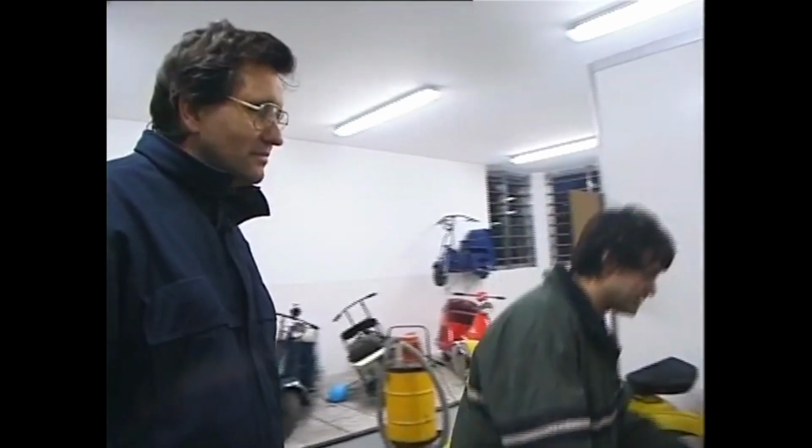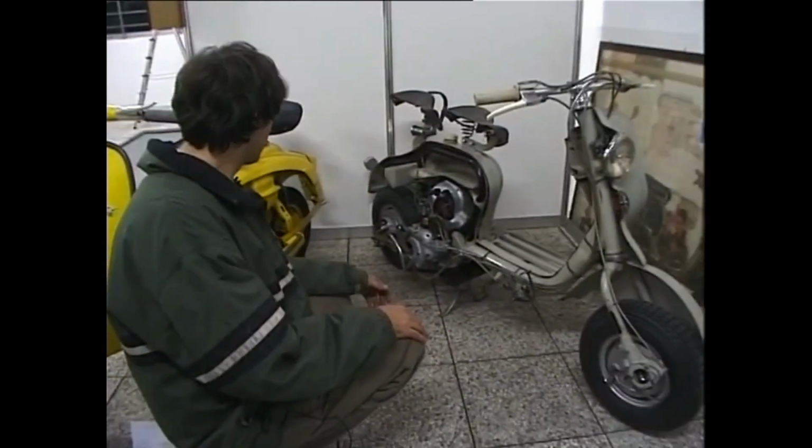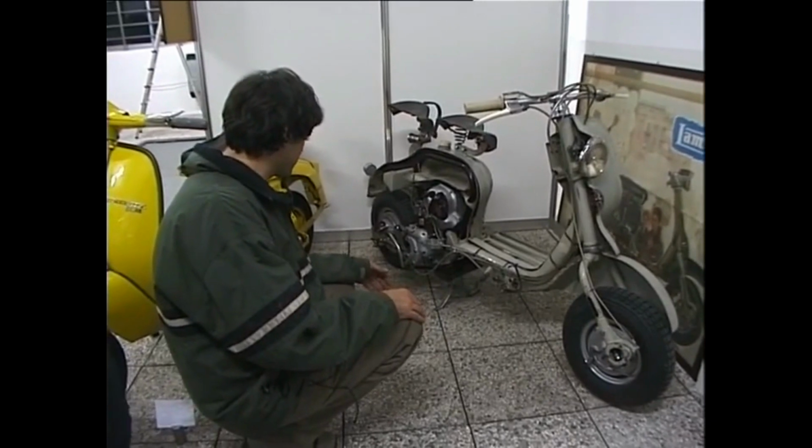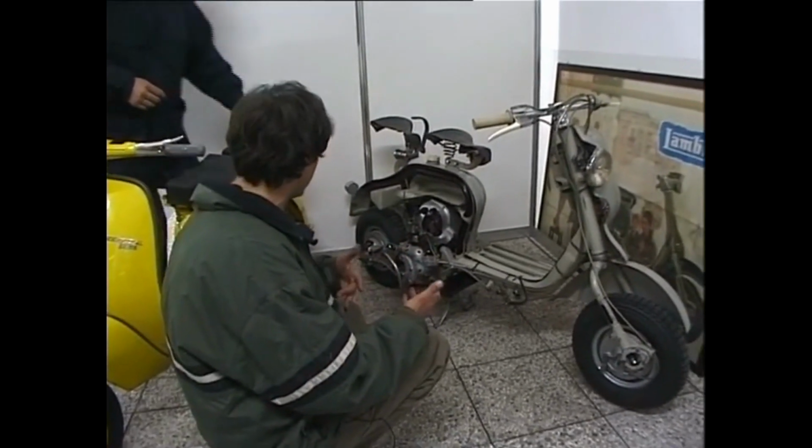What we have here is a cutaway. These machines were actually used for publicity purposes back in, well, when the vehicles were being produced, in order for people to be able to see how they worked and how they've been put together. A lot of...